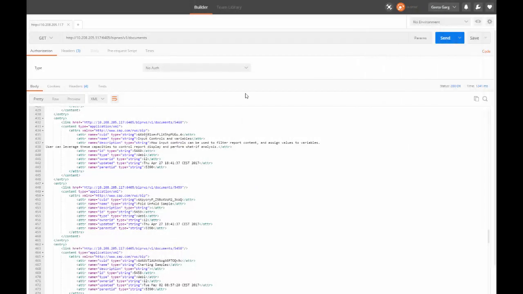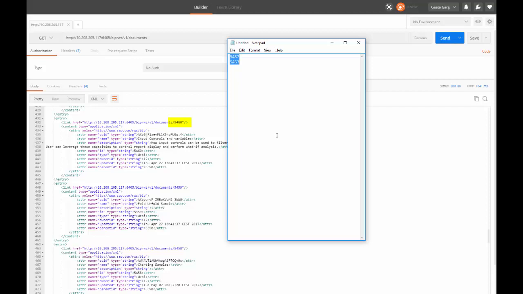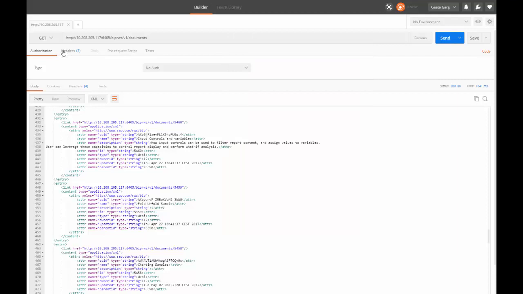To assign a document to specific categories, first take note of the ID of the document. For example, suppose you want to assign categories to this first listed document here, 5460. We will take note of this ID, 5460. Let us fetch the available categories on the server with the get method.